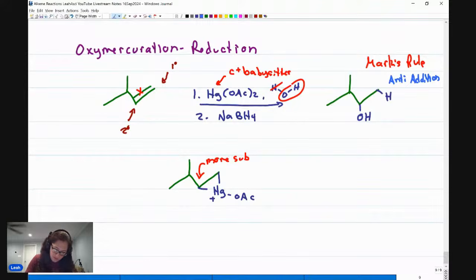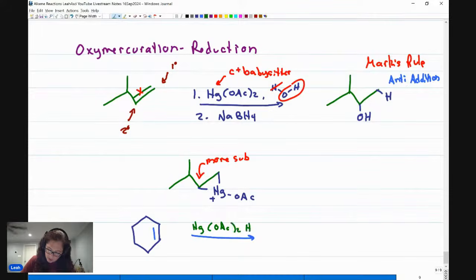And so if I showed you this reaction with a ring where you're very clearly able to see what is happening, I'm going to react this with HgOAc2, H2O, that's step one. Step two is NaBH4. Then my product is going to have the pi bond